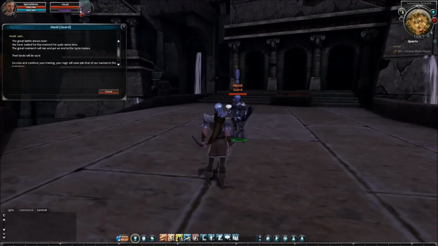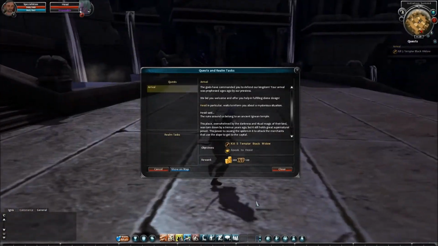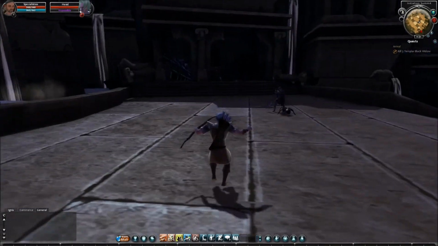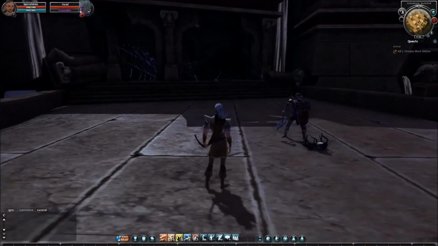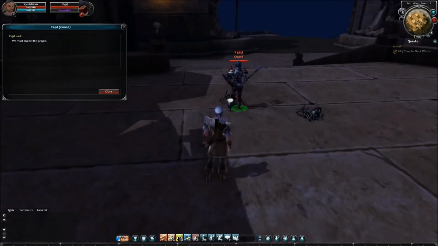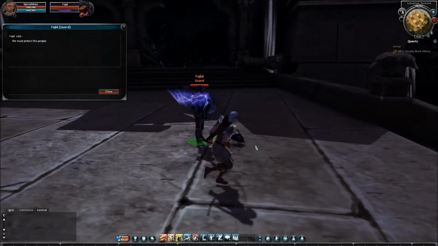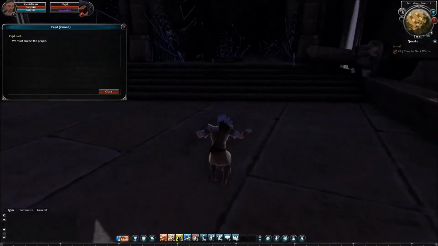So I'm going to talk to this guard. He's going to tell me I need to kill something. So I need to kill 5 of the Black Widows, and they come out over here. So this is basically just getting used to the game. This NPC guard is attacking. Let's just see if we can... We have to left click. Okay, get out of here. Where's the Black Widow? Are they coming out of this little...